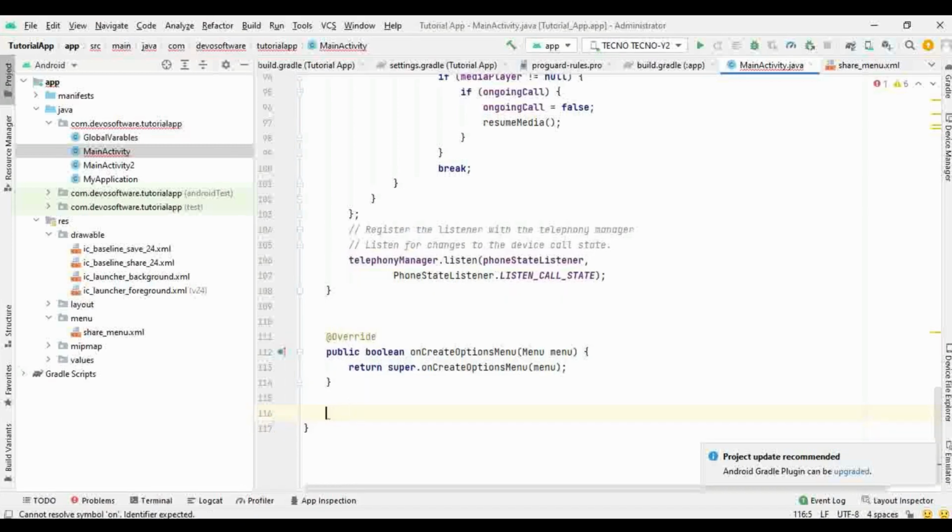So we will need 2 methods for this to work. We will create the menu, then we will do onItem